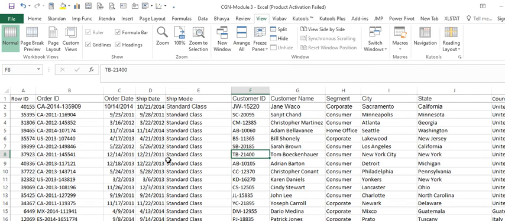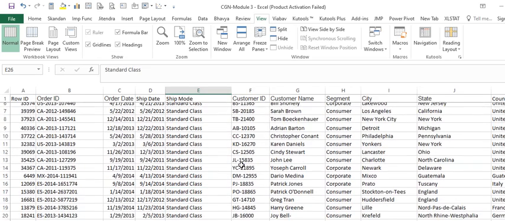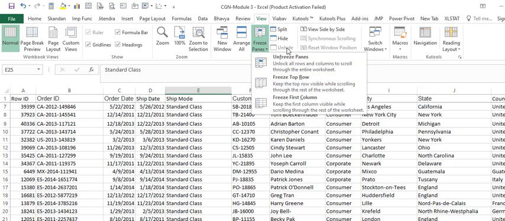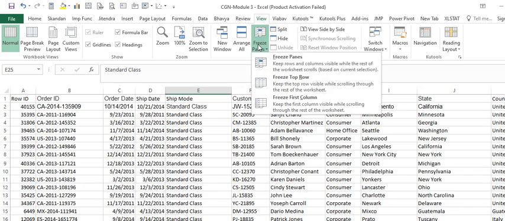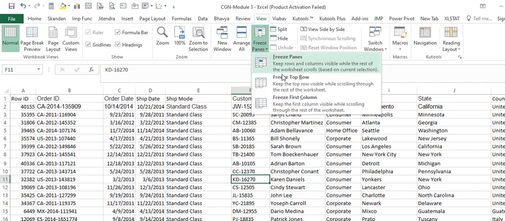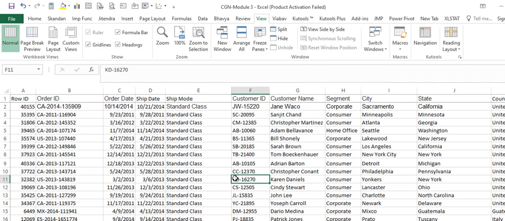So now you can see that there's a demarcation, and as you move down, okay, I didn't unfreeze the previous same panes there. So now let me position it here, and then let me freeze the top row.